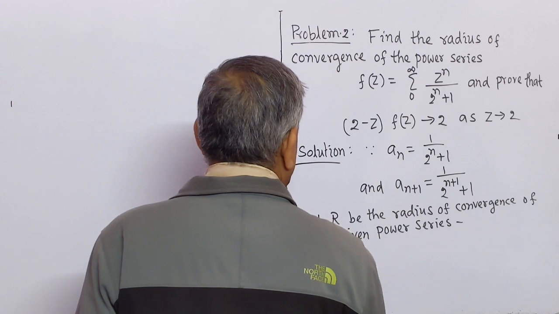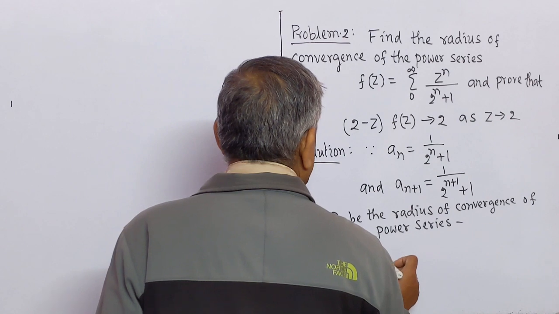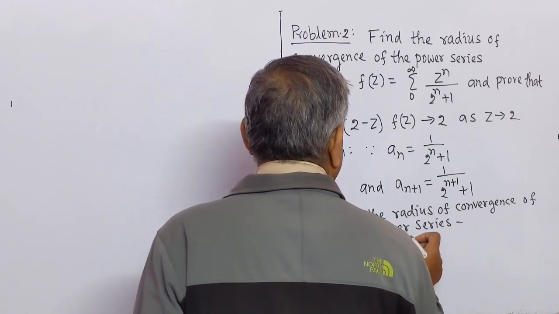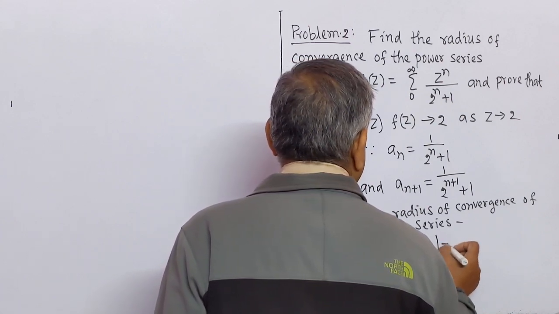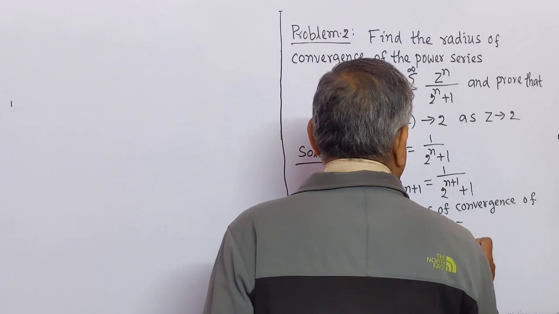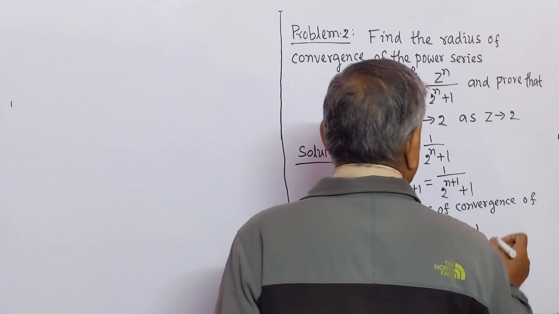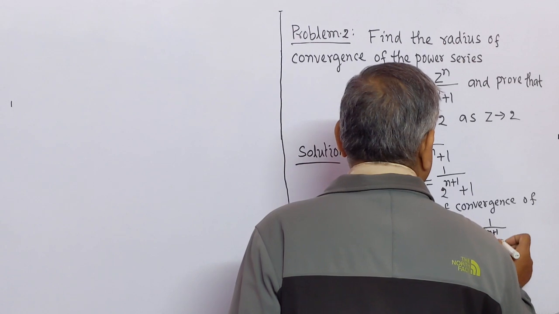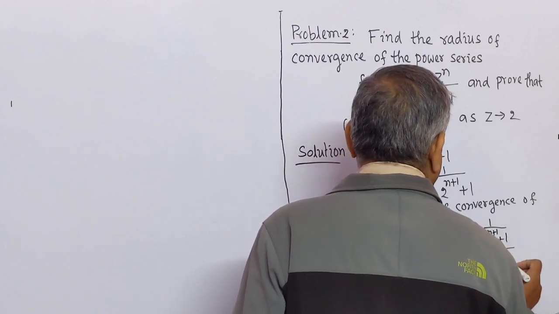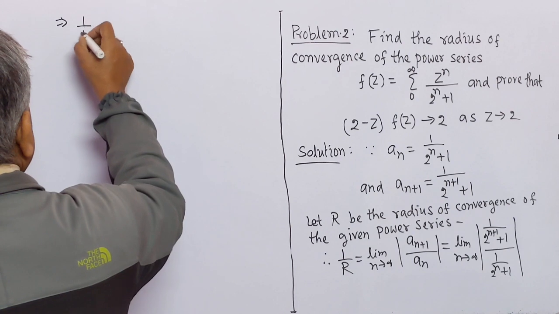Therefore 1 by r equal to limit n tends to infinity modulus of a n plus 1 by a n equal to limit n tends to infinity modulus of 1 by 2 to the power n plus 1 plus 1 by 1 by 2 to the power n plus 1, implies that 1 by r equal to